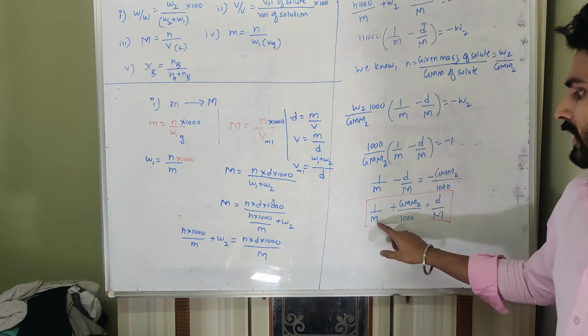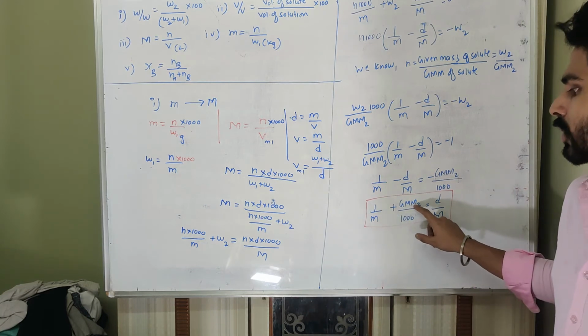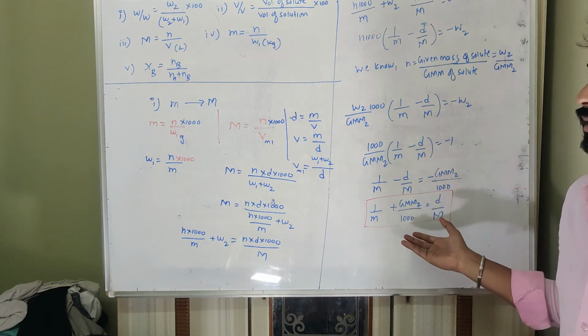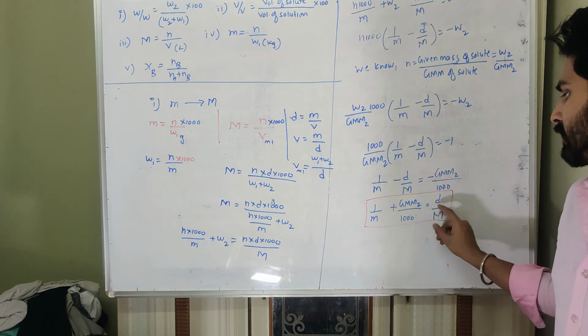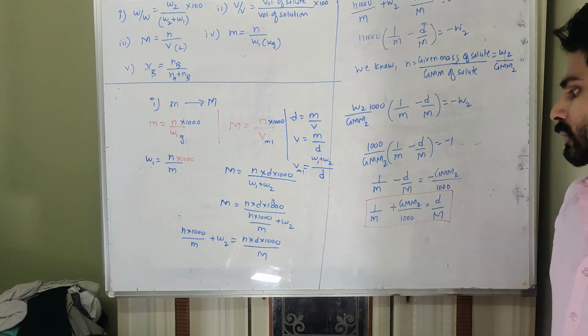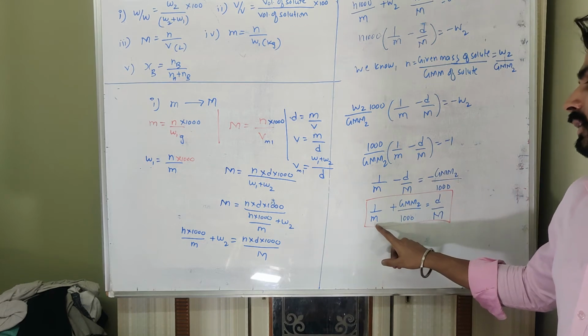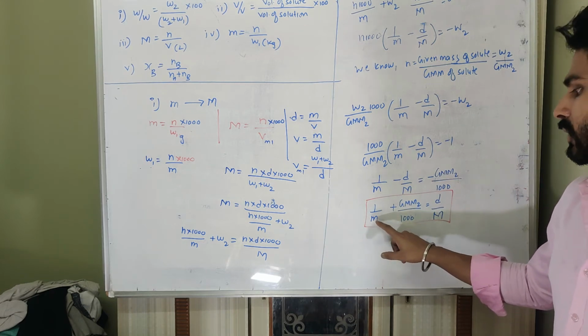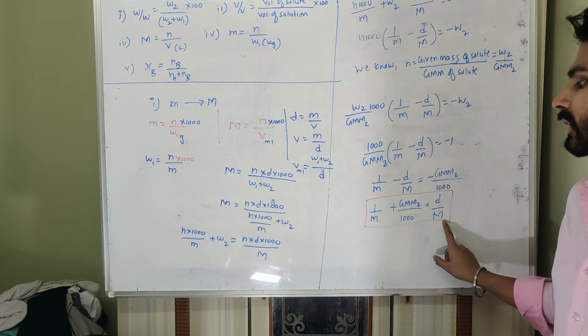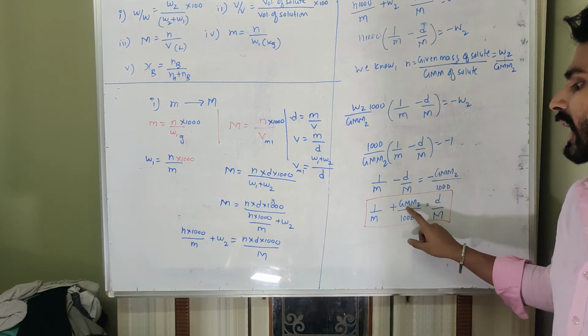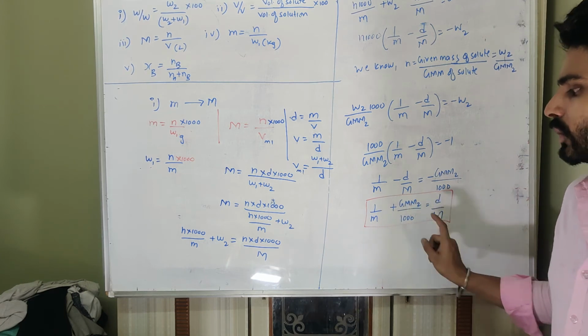So here small letter m stands for molality. This is the molecular mass of solute, NaOH, which is having 40 like that, divided by 1000, and density must be given. Here what must be given? Molarity, we may be asked to calculate from molarity to molality. That time they have to give us density and what is that solute, then only we can use this formula.